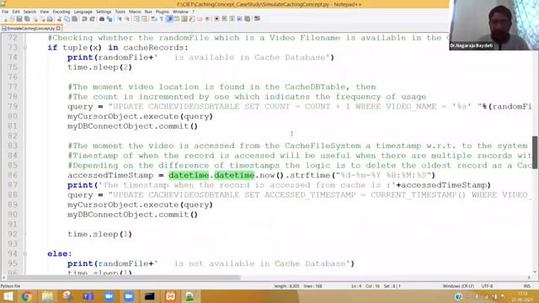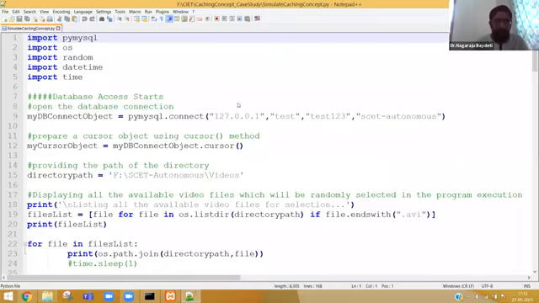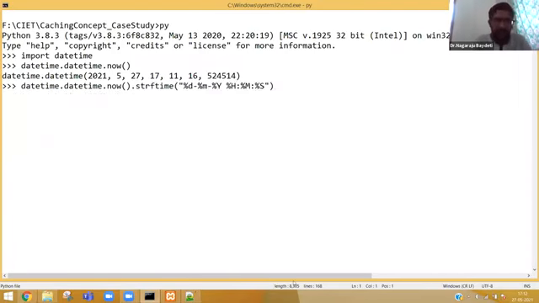See, why I am explaining this is, suddenly if a line comes in a program, you should not get scared. In the program, I am going to format the time. What is strftime? String format time. That means datetime.now gives year, month, date, etc., but I want to change it to my format.